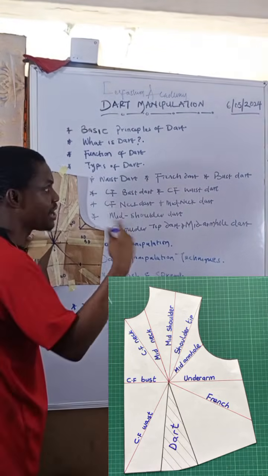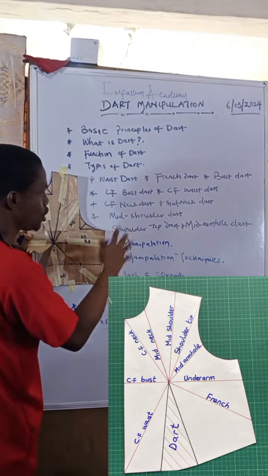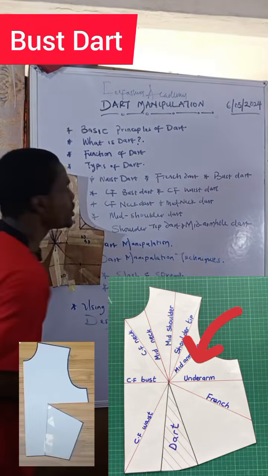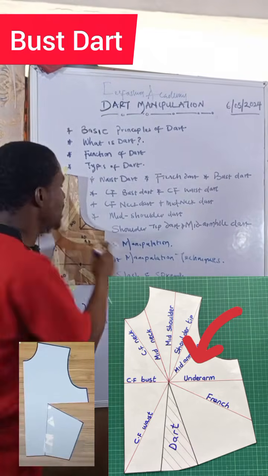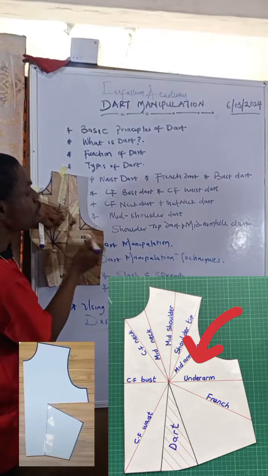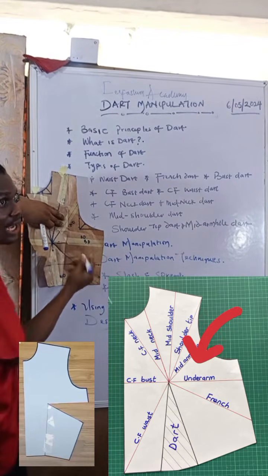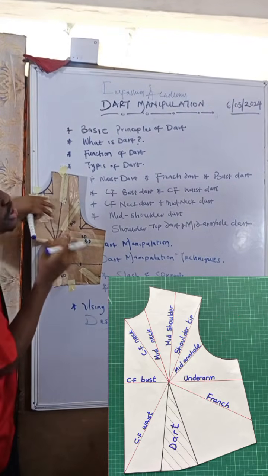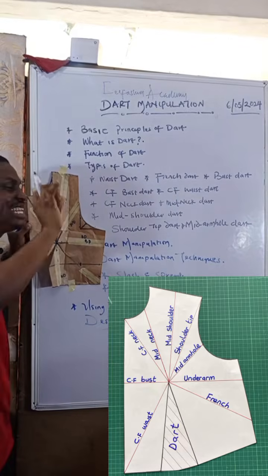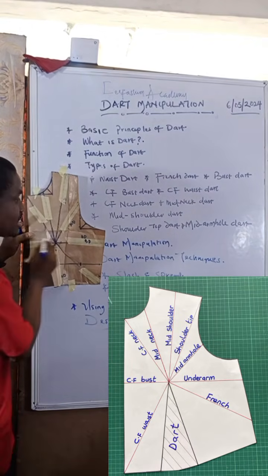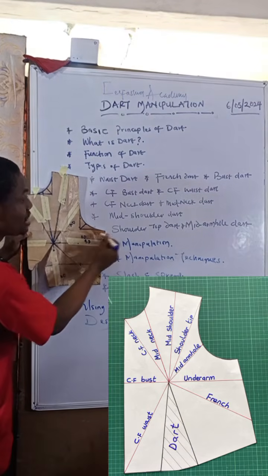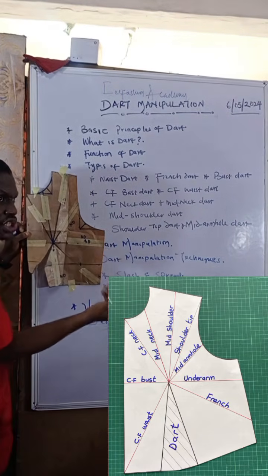So I'm going to be very fast on this because we don't have much time. Okay, the bust dart. Almost all of us here know the bust dart, but now look at it. Bust dart is mostly 2 inches below the armhole length. Do you understand? That 2 inches below the armhole length can directly mean the point where you put your bust measurement. For this particular person, from here to here is estimatedly 2 inches, but